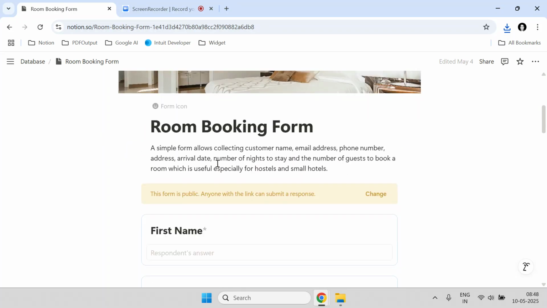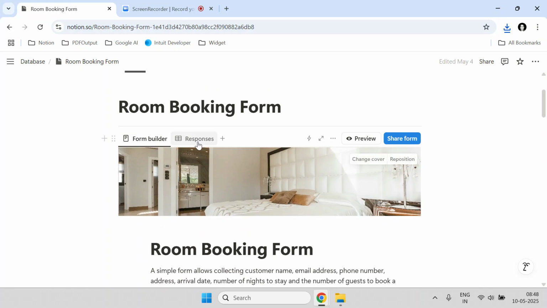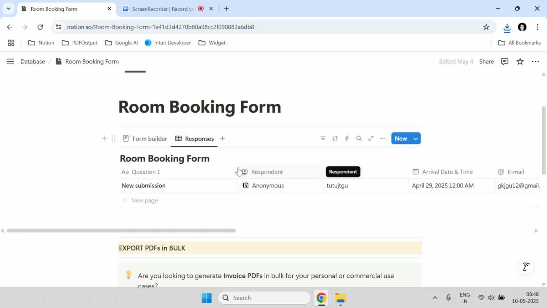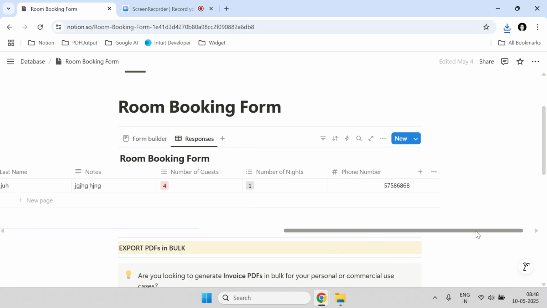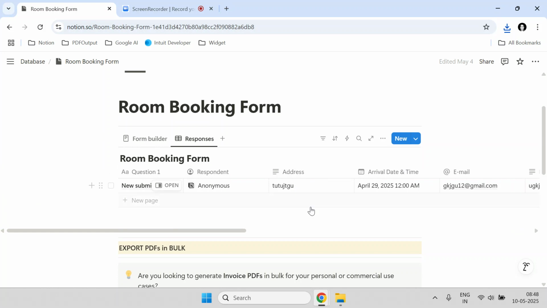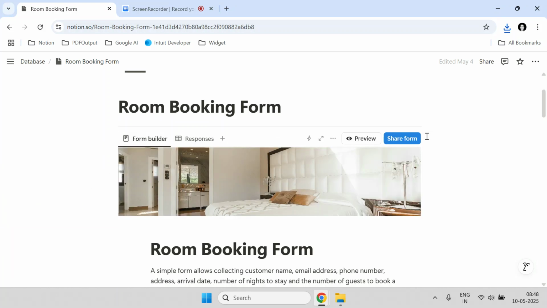Once the applicant fills in all the responses, you'll be able to capture the responses under the responses view that we have over here. This helps to capture the exact response from the particular person coming in, and we will be able to understand more about this process. So first of all, we need to go to the form builder, click on share form